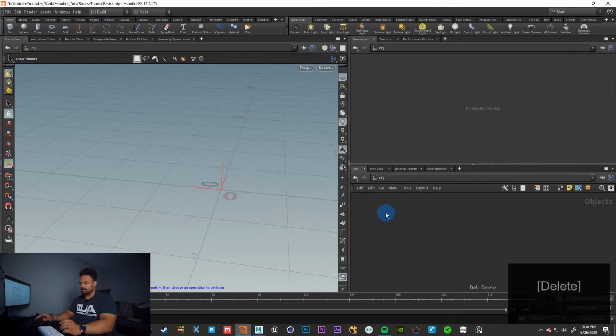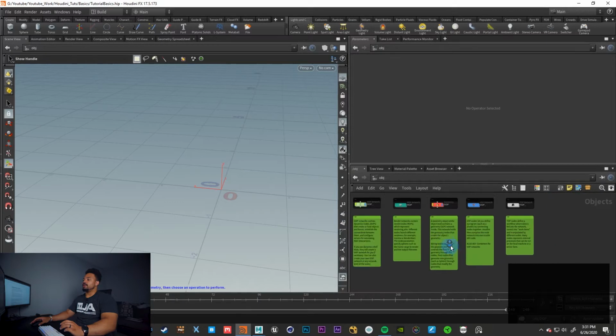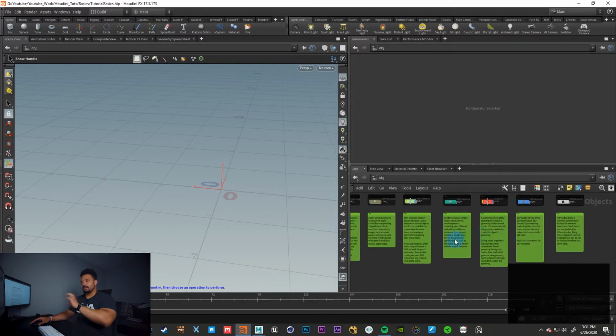I'm gonna just delete these guys. So that's very important. Go ahead and try to get familiar with this. Now the node panel is very, I guess, important as well. Like, say for instance, right? This stuff up here, I was gonna go ahead and explain it, but I'm gonna just try to touch on